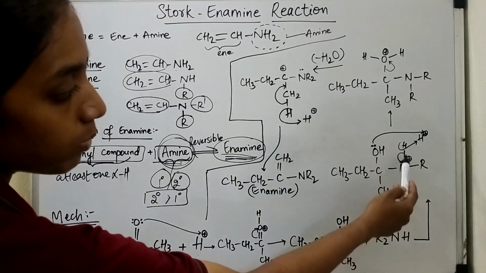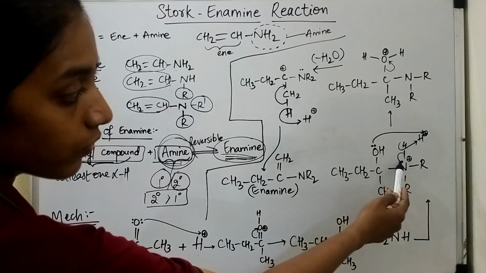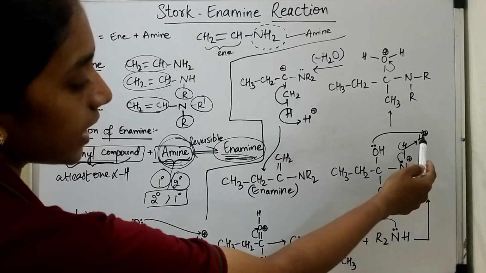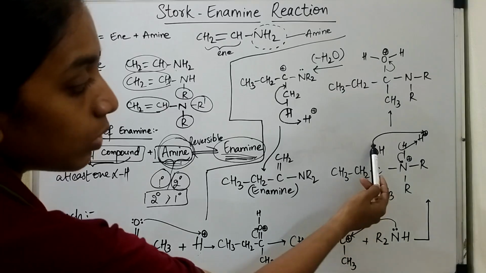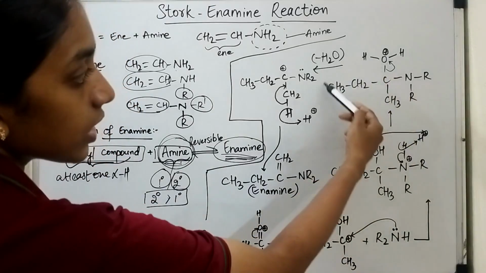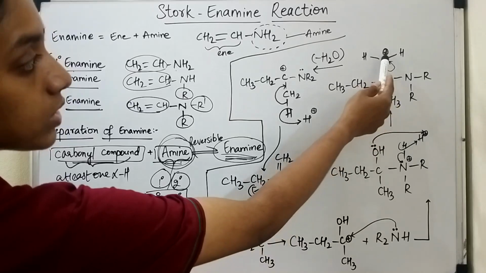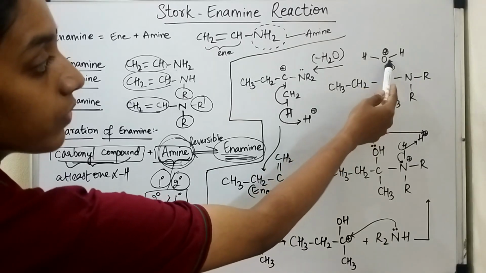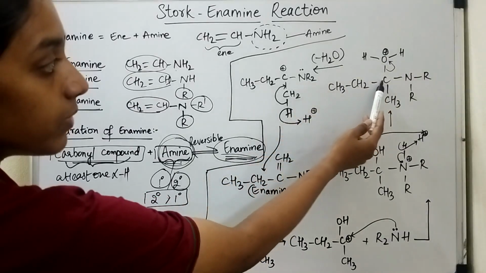Now as nitrogen is forming four bonds, it is getting a positive charge and it will take the bond from hydrogen atom, leaving this hydrogen as H+. Now the oxygen in this compound will share its lone pair of electrons with the positively charged hydrogen, giving us a structure like this. Now as oxygen is forming three bonds, it is getting a positive charge, hence it will take the bond from carbon atom and will leave as water molecule,